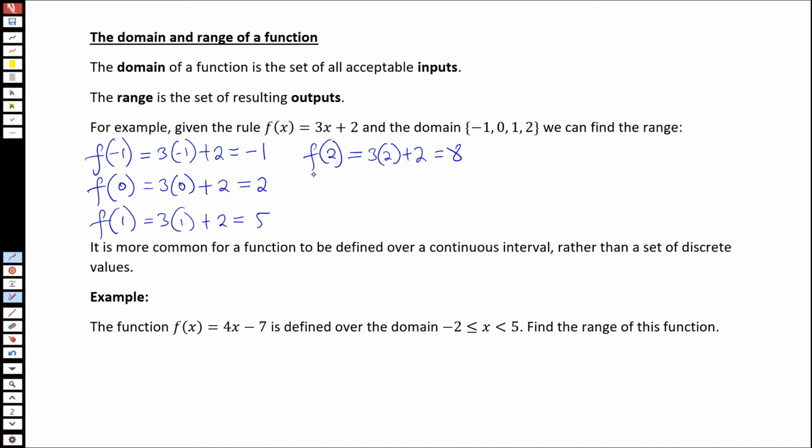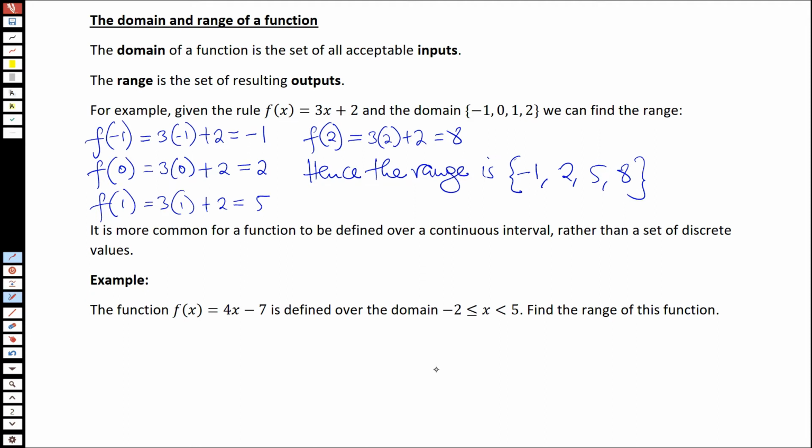So we say, hence, the range is, and we list them, negative 1, 2, 5, and 8. And this corresponds to those inputs. You plug in those, which represent the domain, and then you get the range, which are the resulting outputs. It's more common for a function to be defined over a continuous interval rather than just a set of